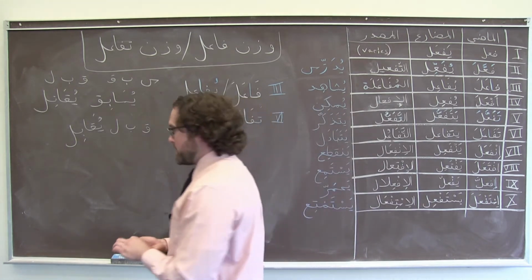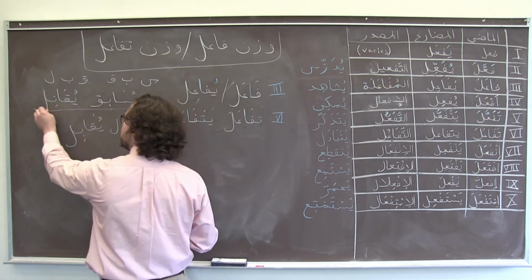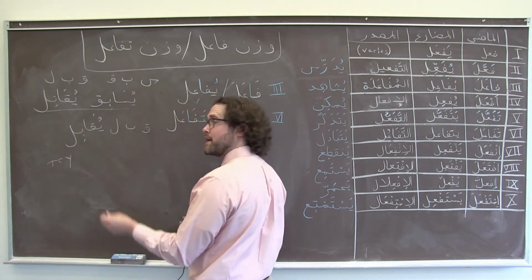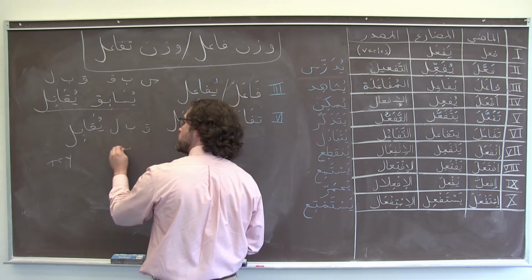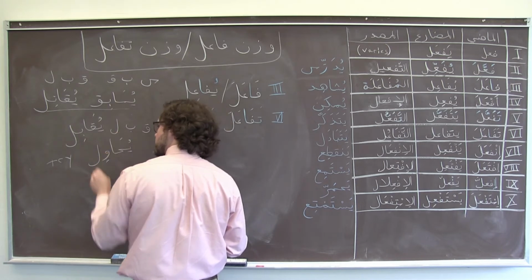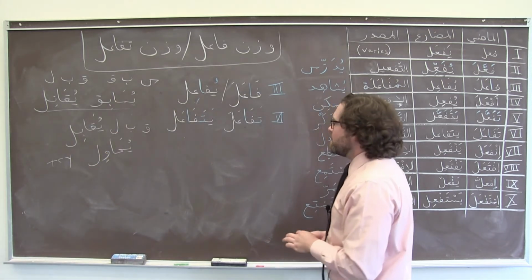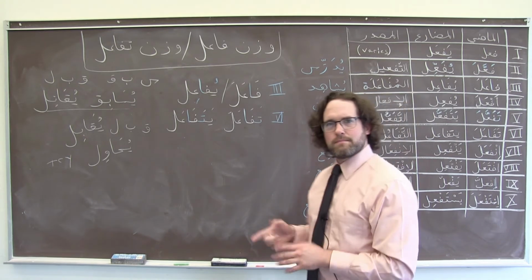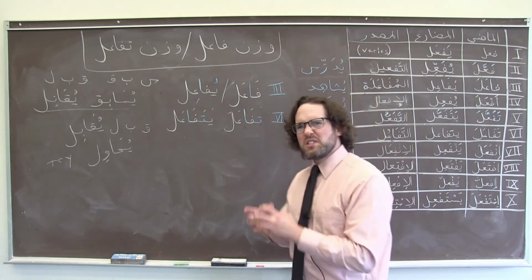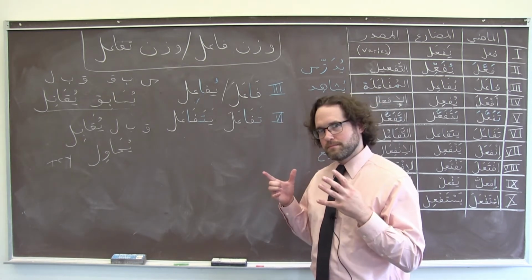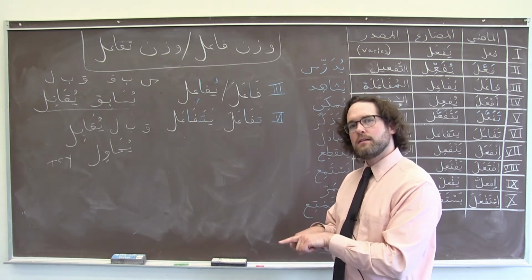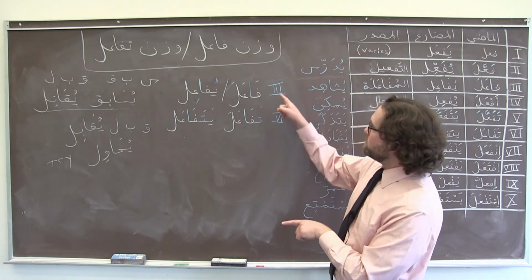One little fact that might come in handy, if we're trying to remember the trying sense, is that the verb for try, the very basic verb for trying in Arabic, is also a Form 3 verb. يحاول. So that might be a useful reminder. Form 6 means often to do something together, doing something with other people. So we get a lot of parallel constructions between Form 3 and Form 6.